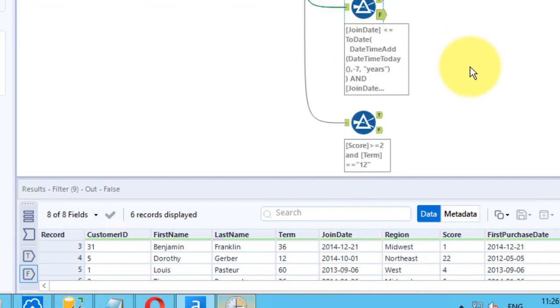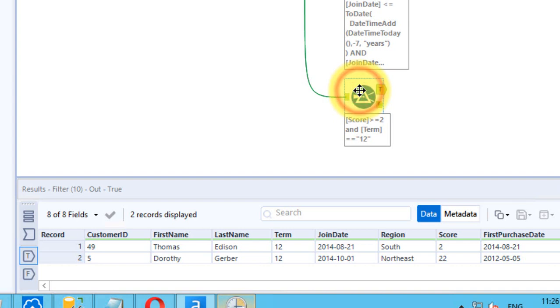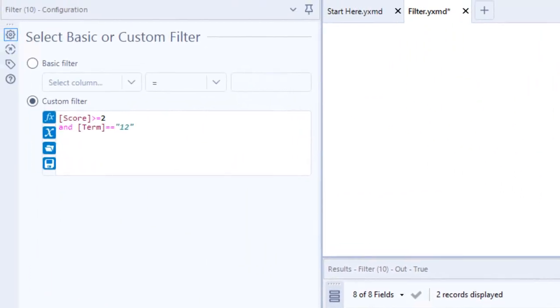Now let's look into another functionality, using multiple columns inside a filter function. Here, what I've done is use the custom filter, and if you type it here you will get the column name. It is something like this: Score, a column name, is greater than or equal to 2, and then the term.